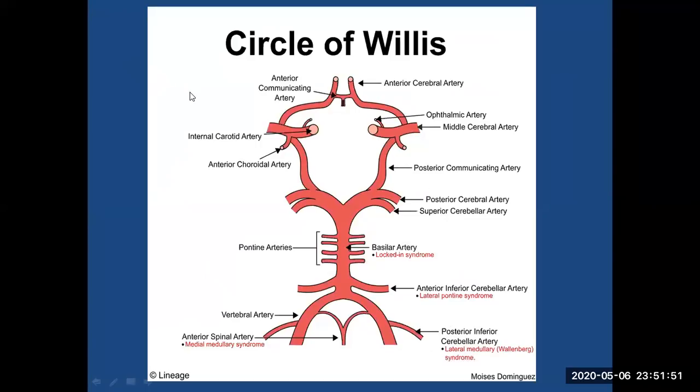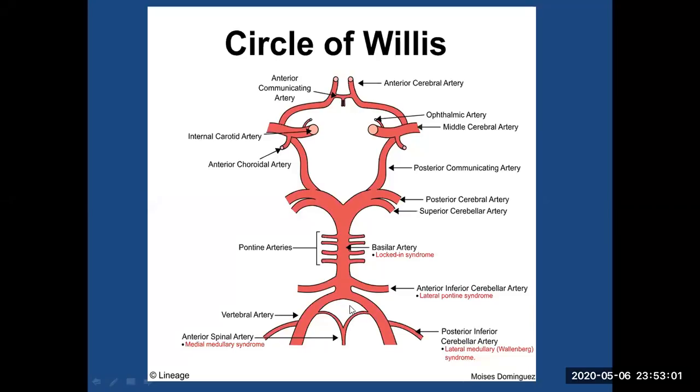So it is important to understand the circle of Willis, as we described that the anterior inferior cerebral artery is a branch of the basilar artery. If you look at this closely, the vascularity of all the structures is important. In cases of anterior inferior cerebral artery infarct, there can be presentation in the form of lateral pontine syndromes, which is mainly the facial palsy, facial hemianesthesia, and cross-sensory loss in the sensation of face.